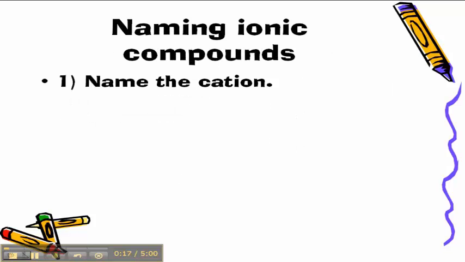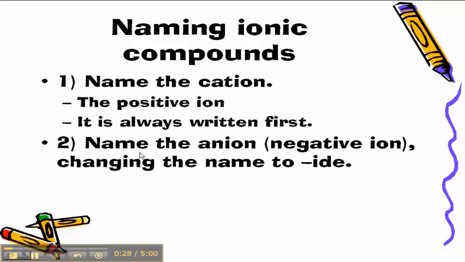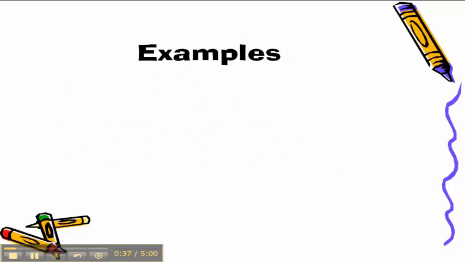To name ionic compounds, the first thing we're going to do is name our cation. Remember that's our positive ion. It's the one that always comes first. Then we're going to name our anion, which is our negative ion, the second one, and we're going to change the ending to -ide. So what that's going to look like,